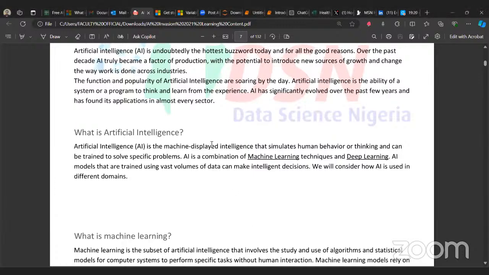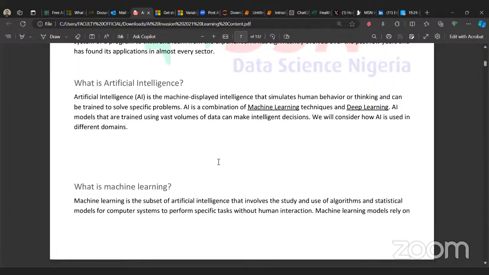And then with deep learning, it's similar to machine learning, but in machine learning, what we use to get these insights, to understand the patterns in data, are statistical models. But in deep learning, we make use of neural networks. I'm sure you guys have heard of neural networks, at least in passing anyways.